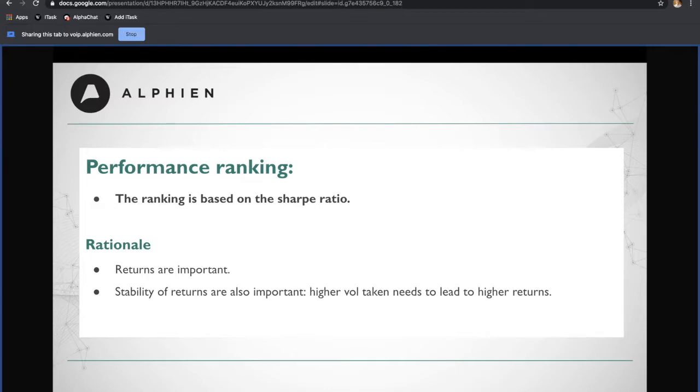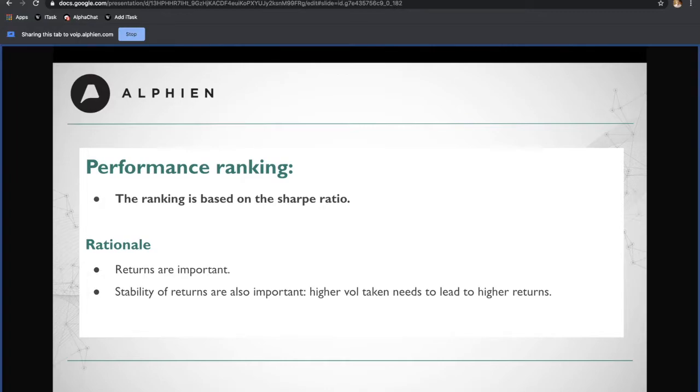However, there is also a requirement of stability, and that's why the return adjusted for your volatility, and the volatility of your returns on the strategy, is also important. We want something stable. We want to be able to assess whether the extra vol you are taking in your strategy is actually getting rewarded by extra return. So that's why we look at Sharpe ratio in priority.